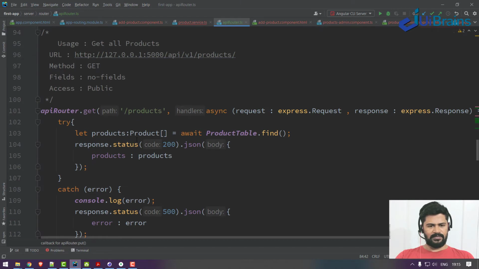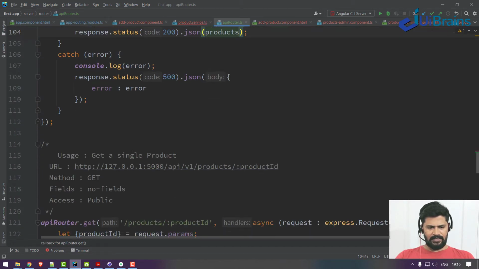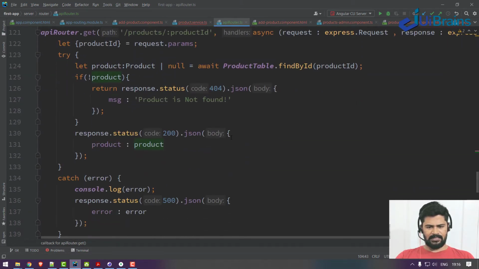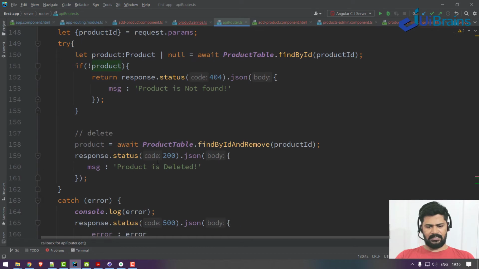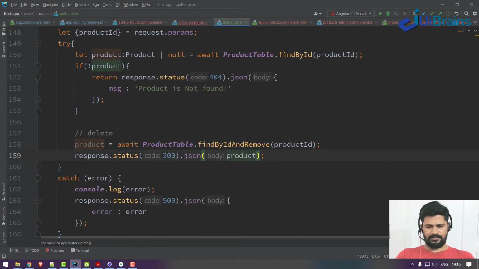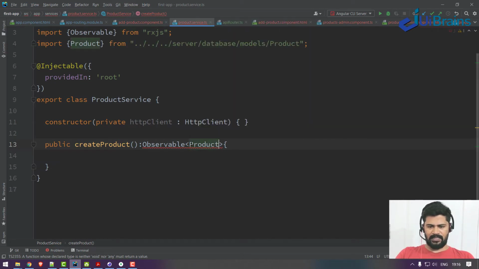And for get all, just get all the products. And for a single product, not an object of product, just say directly product. And for delete, I will also return the deleted product.